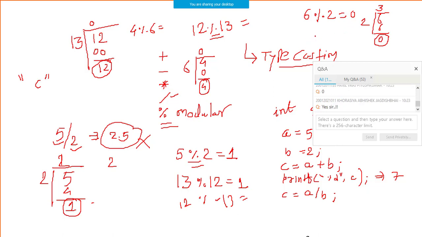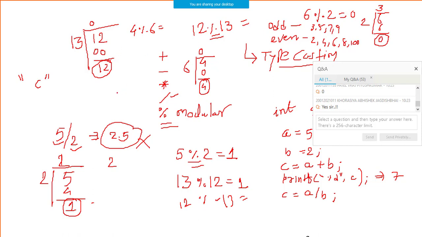Now please understand, using this modulo operator, I am going to teach today how you can decide whether the entered number is odd or even. Odd means ekee sankhya and even means bekee sankhya, right? Suppose 3, 5, 7, 9 all are odd numbers. 2, 4, 6, 8, 100, these all are even numbers, right?